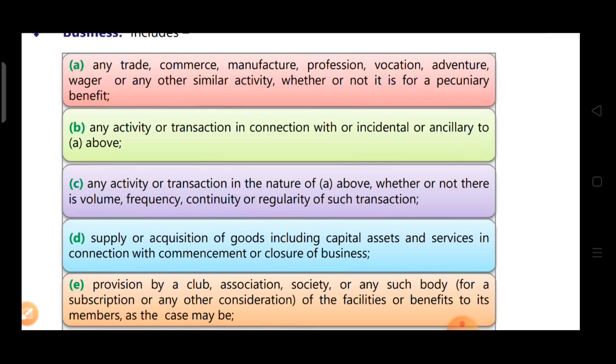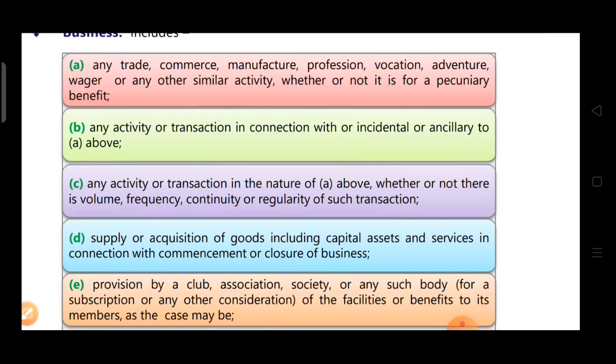Now business means trade is there, commerce, manufacture, profession, vocation. Vocation means it's an occupation to which a person is specially drawn, for which they are suited, for which they are, you can say, trained or qualified. So that is vocation. Now adventure, wager we know, wager means gamble, bet, that is wager. Any other similar activity, whether or not it is for pecuniary benefit or not, that is included in the definition